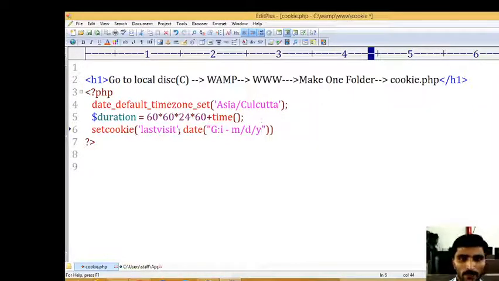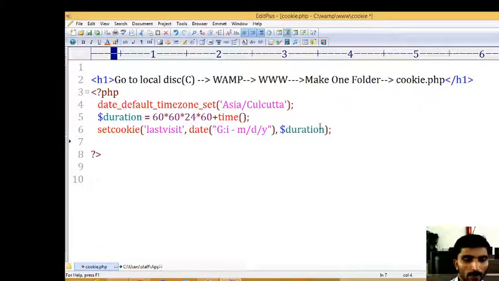This is the date format, and this is the time format, hour and minute. Then close the bracket, comma, and here you pass the duration as a parameter. Just copy this one, duration. The duration is stored in this format and it automatically takes a date. Then a semicolon.